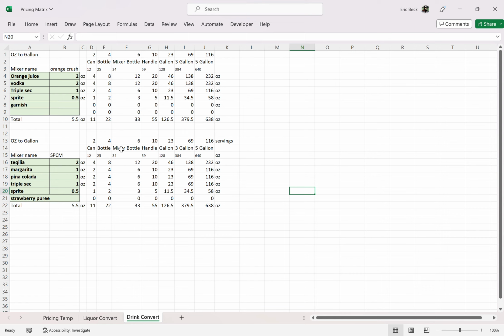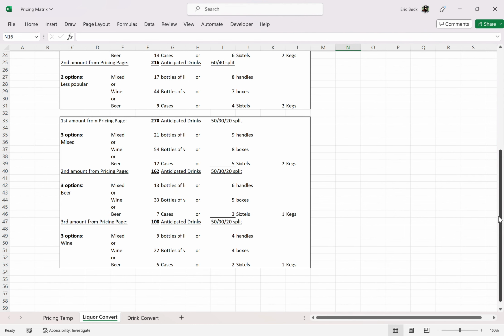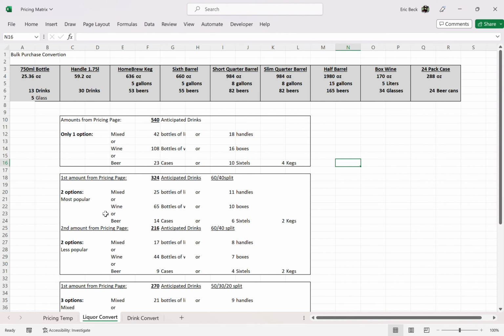Now, the last page, if you bought the sheet first, you probably don't have this page yet. I'm going to be uploading it. If you want it, I will email it to you. It's called Liquor Convert. What a Liquor Convert page does is we're going to take everything that you put in up here,